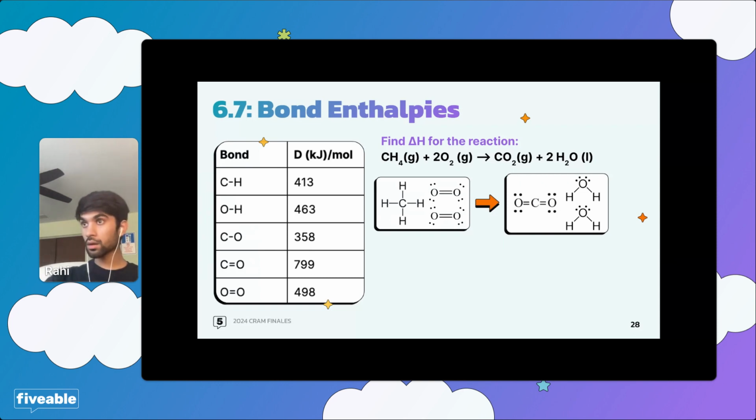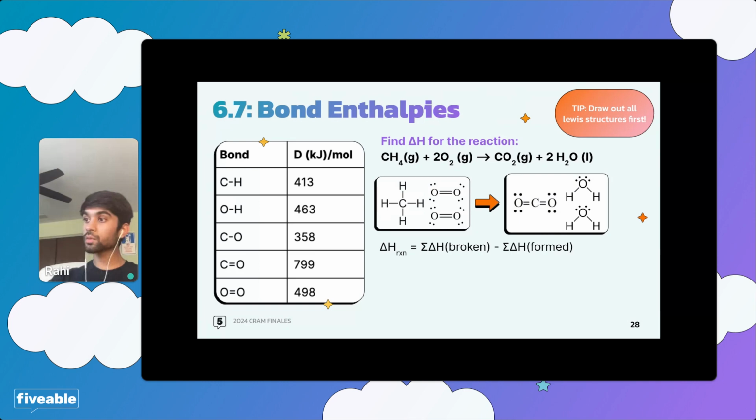So I hope you started it. I can't give you a whole lot of time because we do have to keep moving, but I hope you started it, or at least have a good idea where we're about to go, because then we will talk about them together. Okay. Like I said, just draw out the Lewis structures quickly first. It helps to organize what bonds are breaking, what bonds are forming, what is specifically going on in this particular reaction. Don't try to do things like this in your head. It's just not a good idea. Okay? You're not cool. Just don't. Maybe you're cool. I don't know.